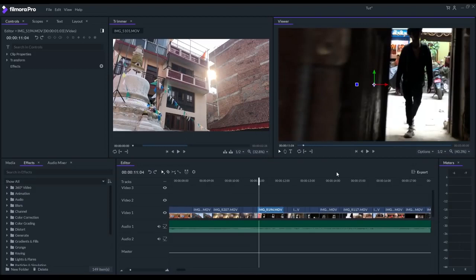As you can see, I'm finished creating a sequence, and now what I'm gonna do is start color correcting this footage. So once I color correct, I'm gonna add a couple of sound layers and then finally